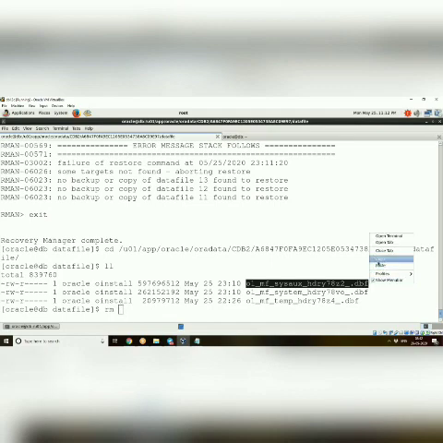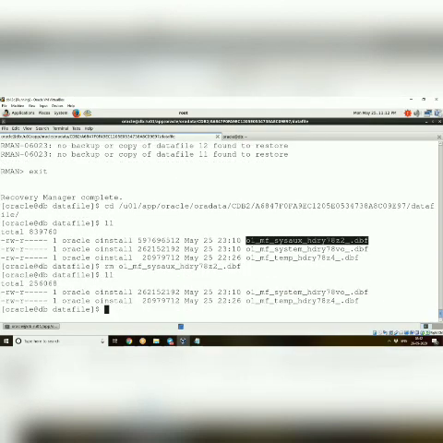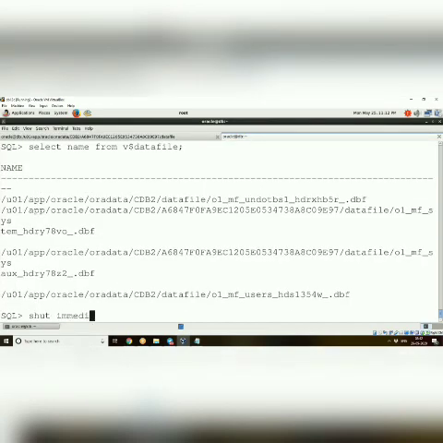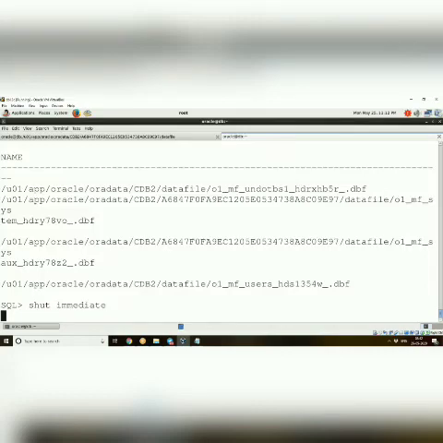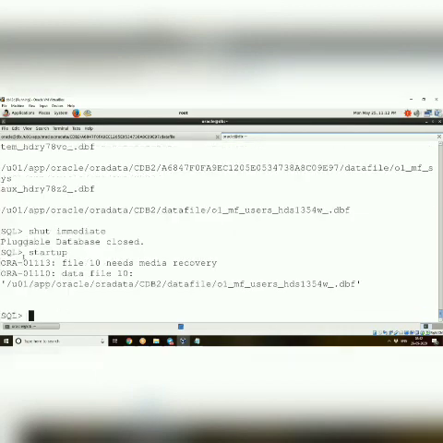So I'm able to see only system and temp. Okay, so now I'll just shut immediate. I'll give startup. See data file 10 needs recovery. Even though sysox I removed, I'll just connect to Orman.